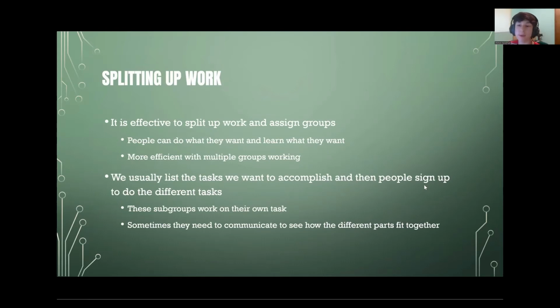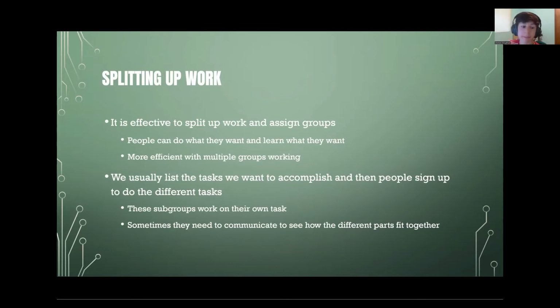So for splitting up the work, this also applies to FLL and FTC. It's often effective to split up work into different sub-teams within a team so that everybody doesn't have to be a specialist in each area, because that would be a lot to ask of each individual member. For example, on our FTC team, we have a software team, a hardware team, and an outreach team. And each of those teams specializes in what they do. Those teams do collaborate somewhat, but there are some people that just stick to what they do best,